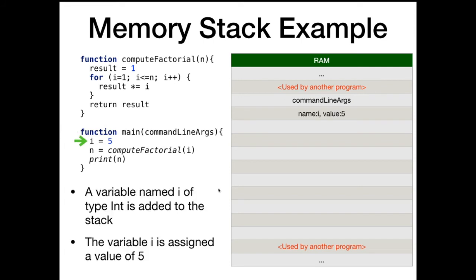So here I'm going to create a variable named I, assign it the value x. That's going to get its spot on the stack, and it's going to take as much memory and RAM as that variable needs. So if this is a 64-bit value, it's going to take up 64 bits in RAM, enough space to store that variable. So I have this variable named I, value 5. All that information goes on the stack.